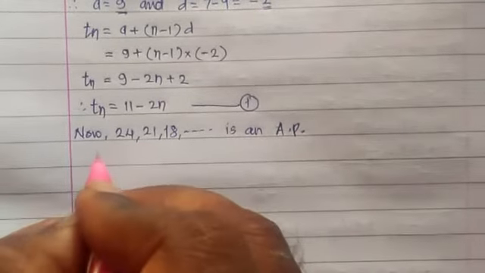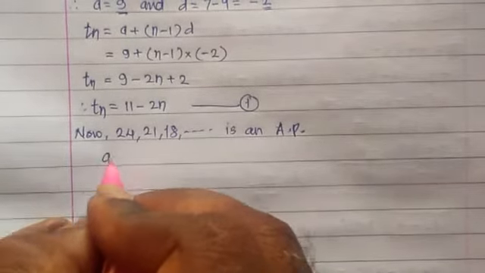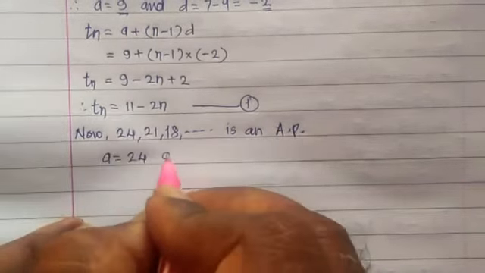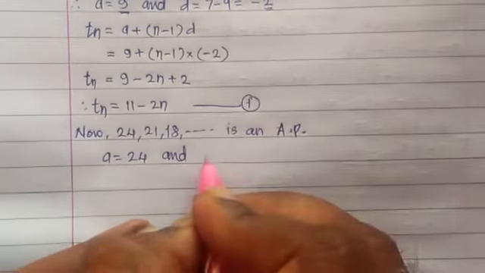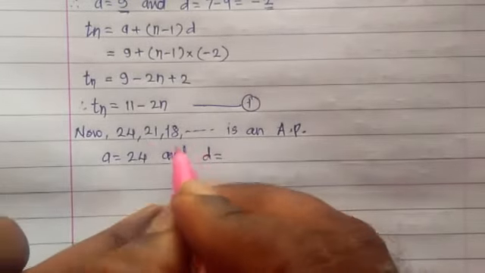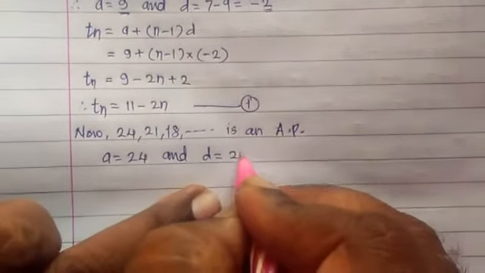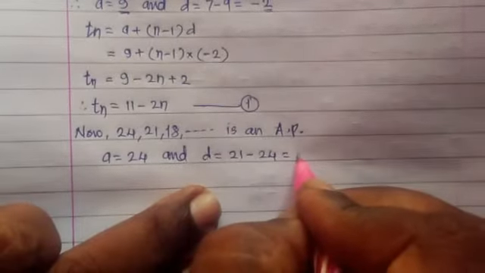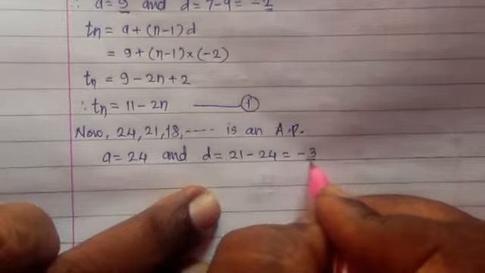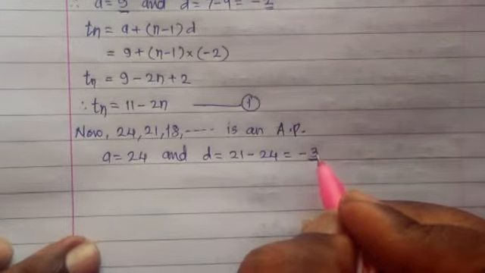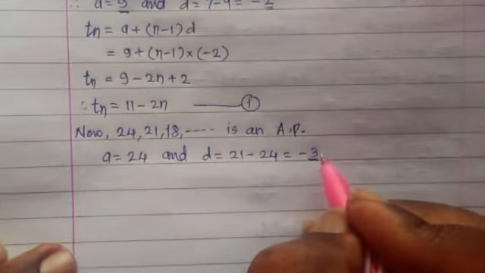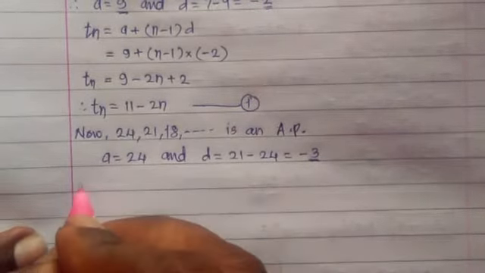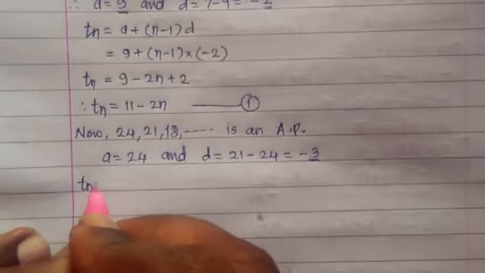Here A is equal to the first term, 24, and here D is equal to 21 minus 24, which is equal to minus 3. Here the value of D is minus 3. Now we know the formula Tn is equal to